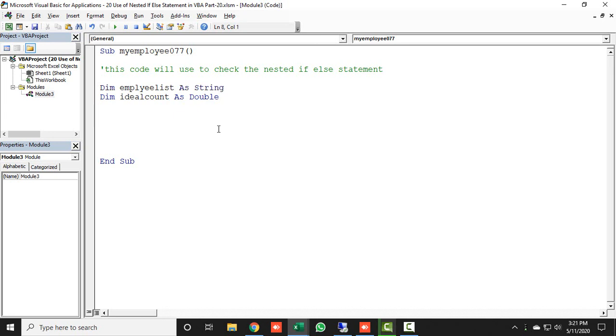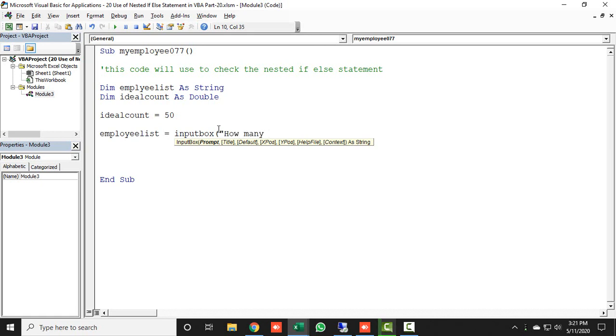Remember this one thing. Here I'm giving the ideal count for the employee, let's say 50. So I will declare the ideal count variable: ideal count is equal to 50. Any number you can put over here. And for the string variable, I will type employee list is equal to an input box and will ask a question to the user, let's say, how many number of employees are working over here.